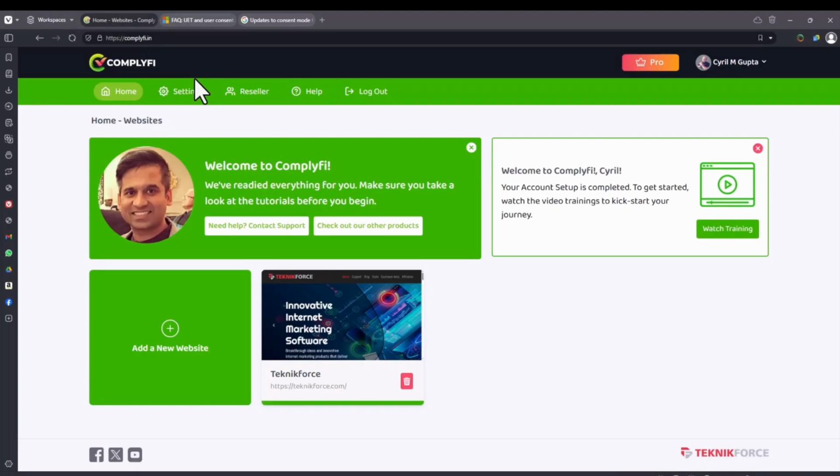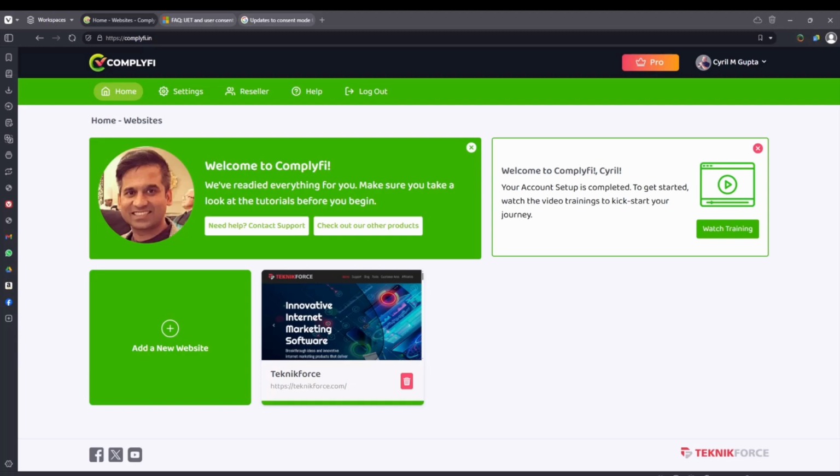Well, this is done by something called the consent management platform, and Complyfi is the most powerful consent management platform out there that gets you in compliance with all those laws, including GDPR, something called the cookie law, the CCPA. There is a similar law from Brazil called LGPD. There is the Privacy Act in Australia, PIPEDA in Canada, POPIA in South Africa. In fact, every country from Japan to India has similar laws, and Complyfi gets you in compliance with all of them,